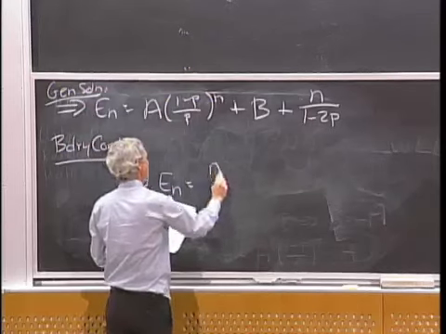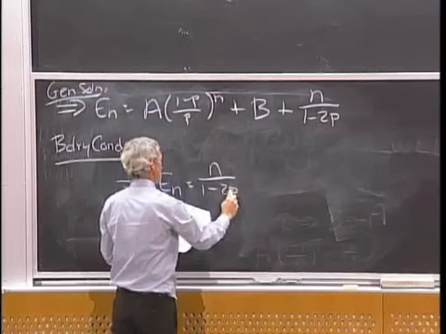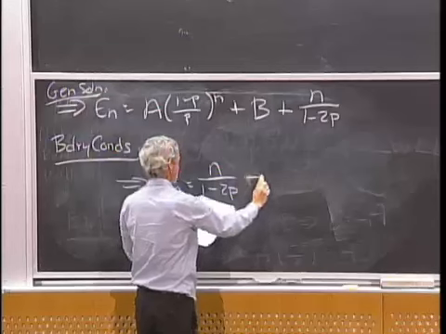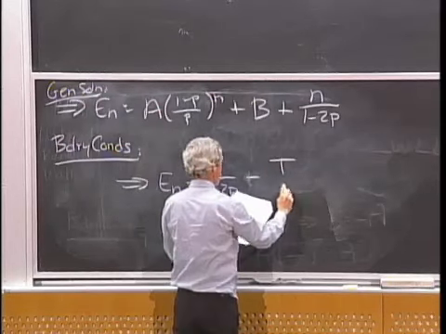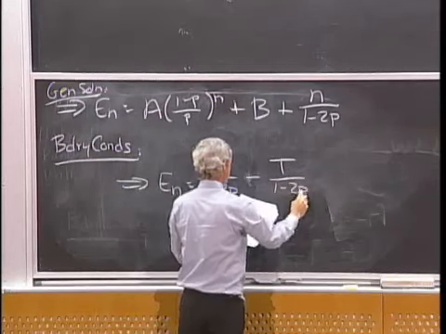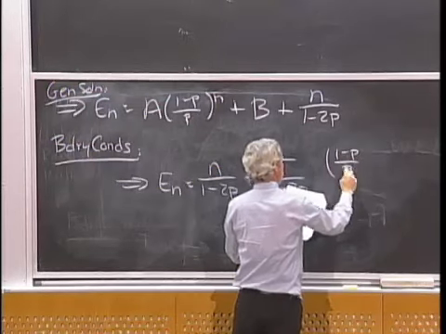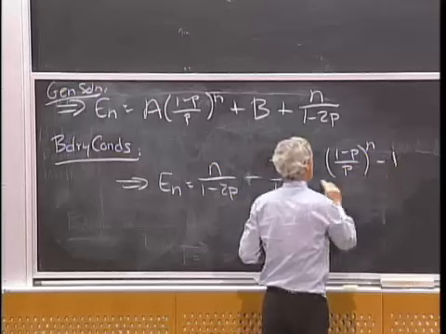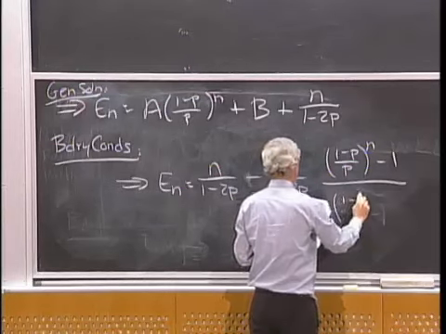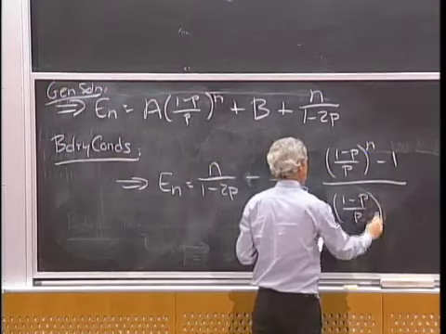E(n) equals n over 1 minus 2p, minus t, the upper boundary, over 1 minus 2p, times (1 minus ((1 minus p) over p) to the n) over (1 minus ((1 minus p) over p) to the t)